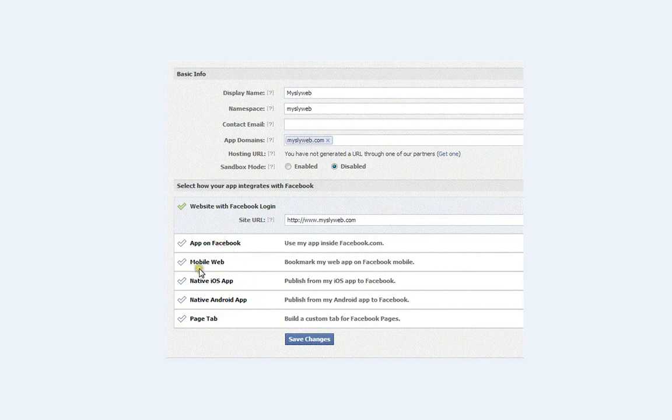If you've got a mobile website, this is the option to put in the mobile URL, native iOS application or native Android application, so you could set those settings if that's the type of application. Or if you're creating an application that's going to be using Page Tab, this is where you would enter in the URL. Any of these you do need to have